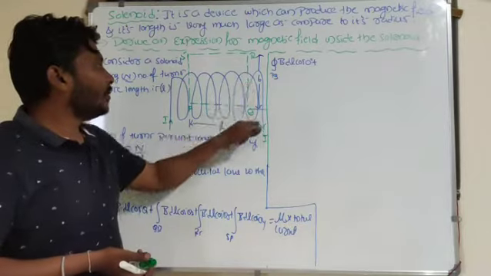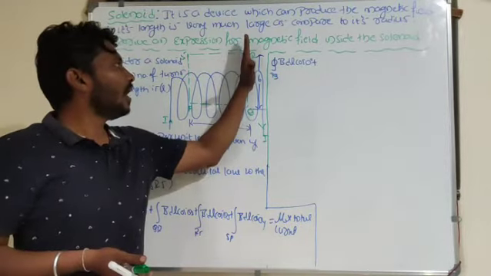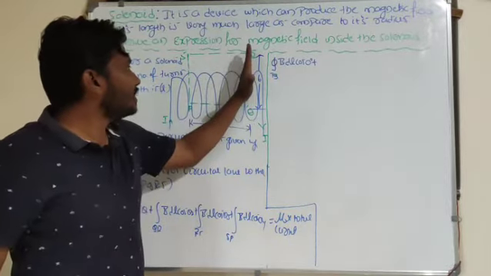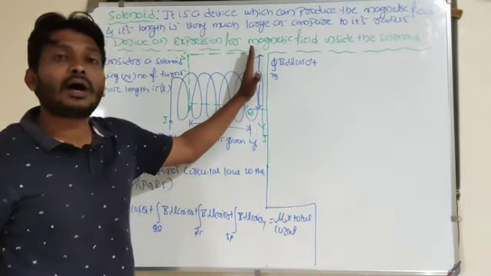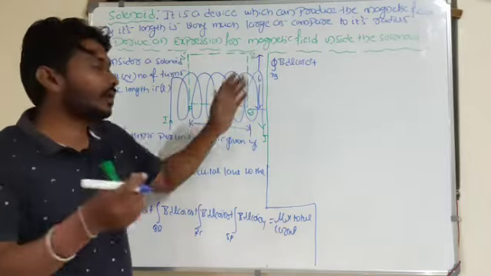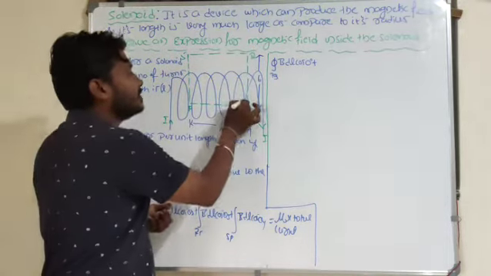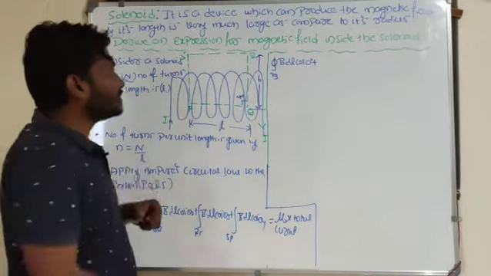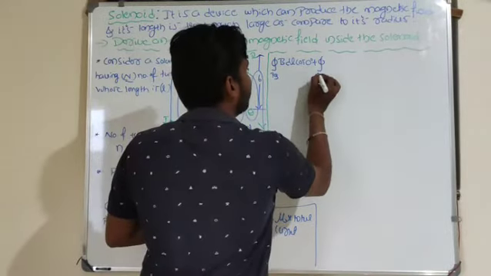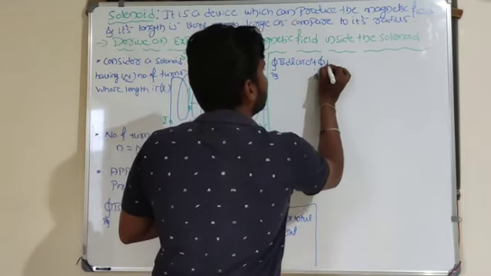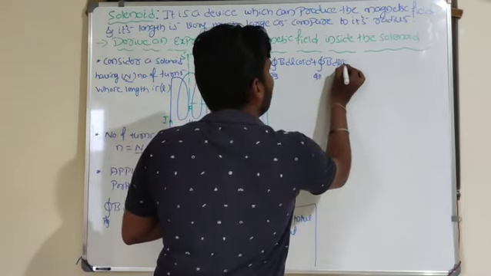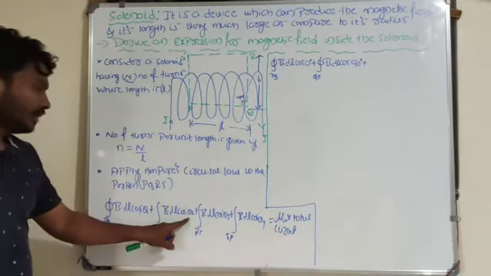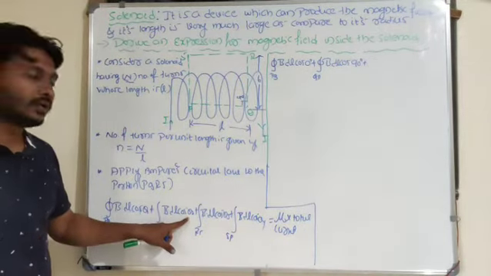Next, what about the line Q to R? QR is perpendicular to the coil. This is the coil, and QR is like this. Perpendicular means the angle is 90 degrees. So from Q to R we have the integral of B dl cos 90 degrees. So theta 2 is 90 degrees.